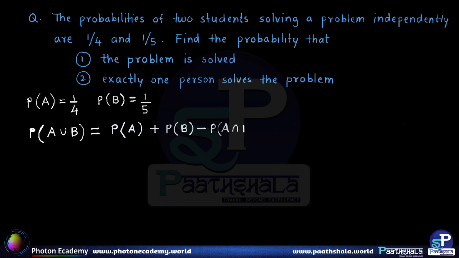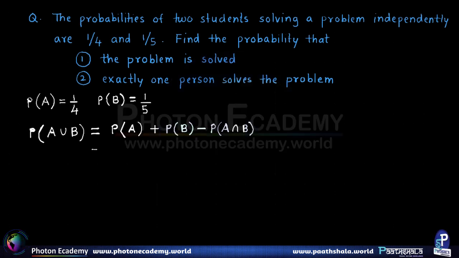So we substitute: P of A is equal to 1/4 plus P of B is equal to 1/5